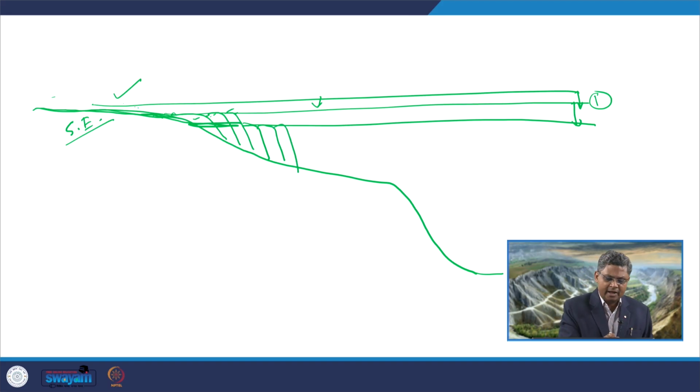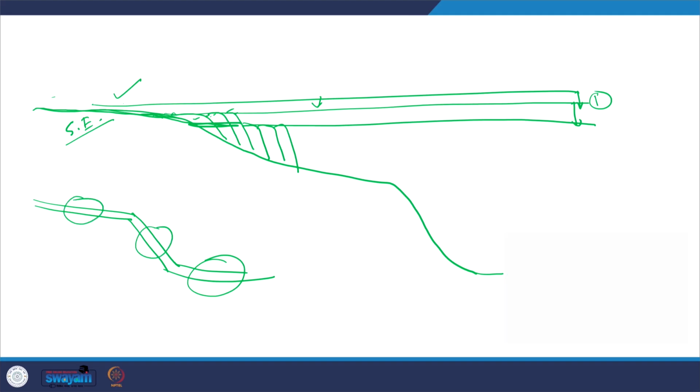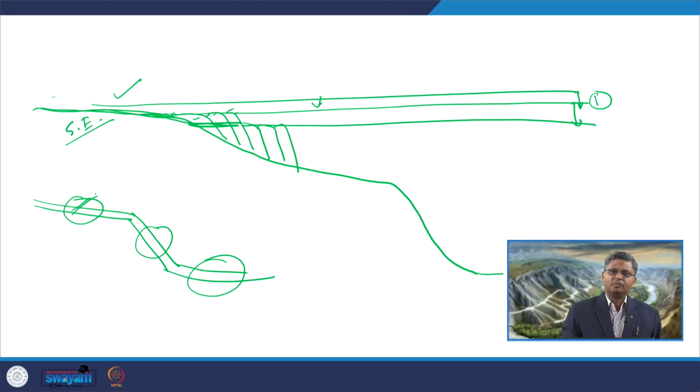So, basically what is happening, if we think of a delta condition, normally we get a delta plain area which we commonly call the delta topset, then we get a delta front, and then we get a bottomset. So, commonly this part is the prodelta area, this is the delta front area, and this is the delta plain area: topset, delta front and bottomset. So, this delta plain area, the delta topset, is not forming over here, it is not getting the chance to aggrade just because of this lack of accommodation.